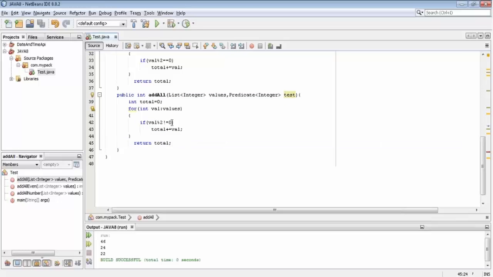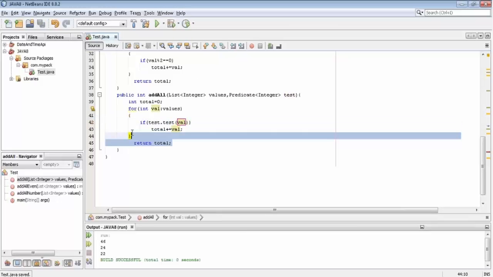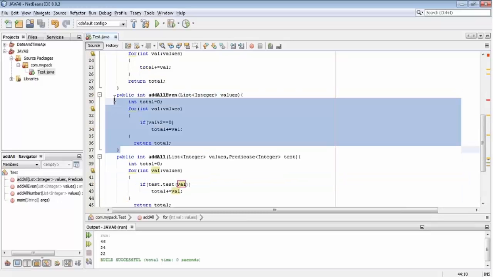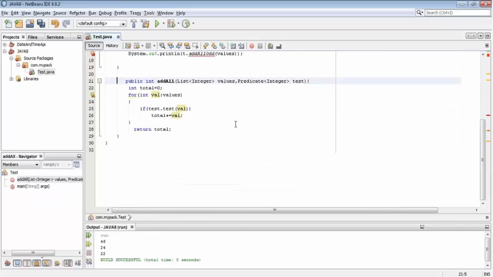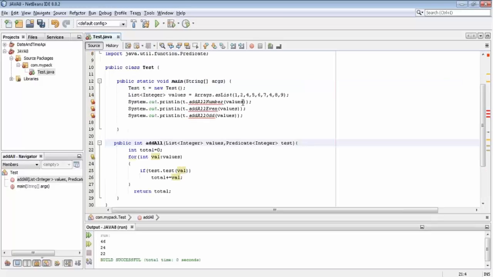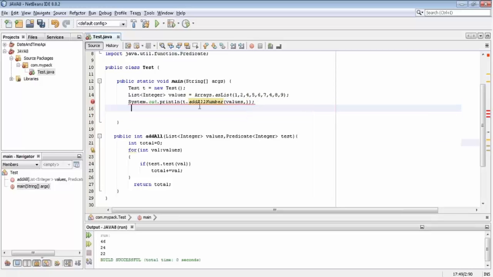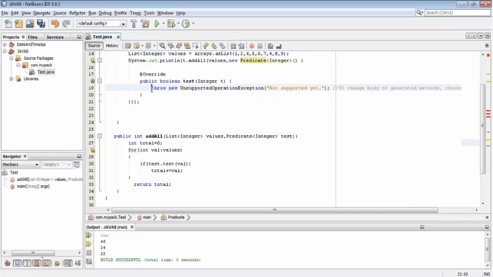Now I'm going to write just test dot test val, and simply pass this. Going to delete all from here. I want to put just a single method. As I wrote there, one more error occurred here. Because it is taking an argument of predicate, right now I'm going to call a method call. This is going to take a predicate. So what I will do, new predicate of integer type, take a method,